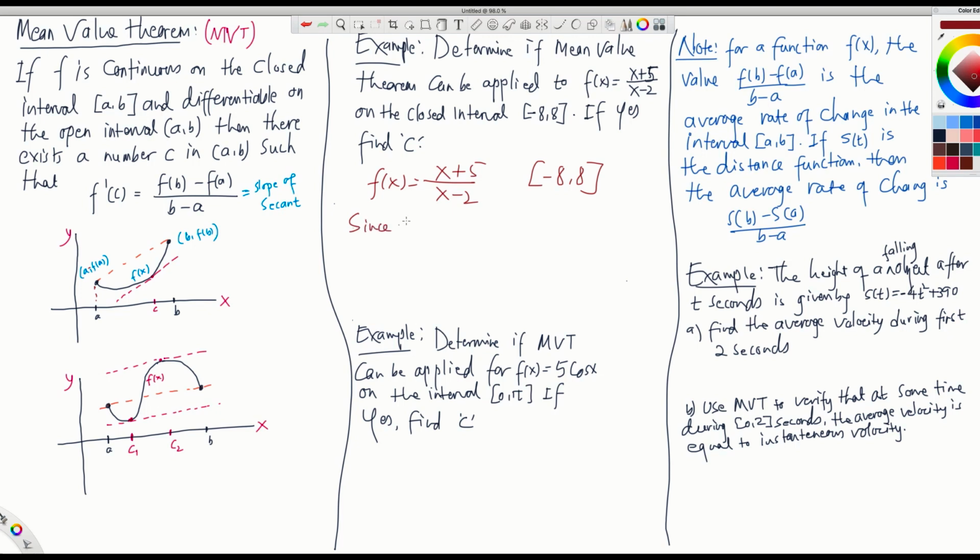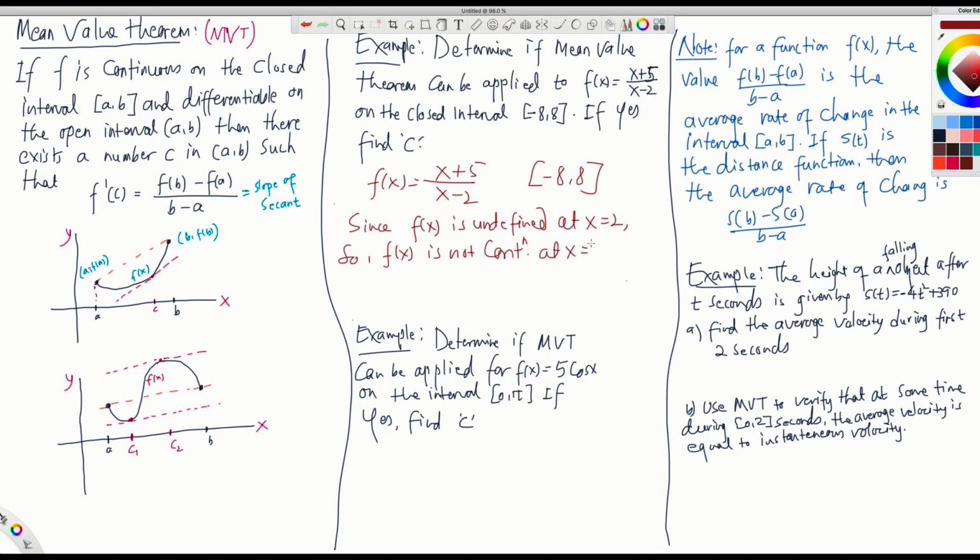Since f(x) is undefined at x equals 2, because there is a 0 in the denominator. For x equals 2, there will be 0 in the denominator. That means it is infinity. The overall fraction will be infinity, right? So f(x) is not continuous